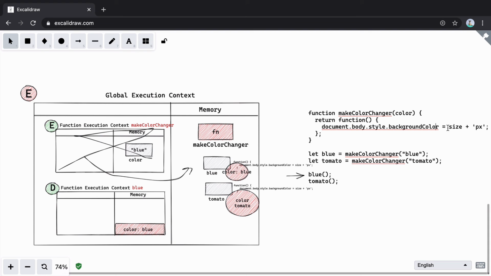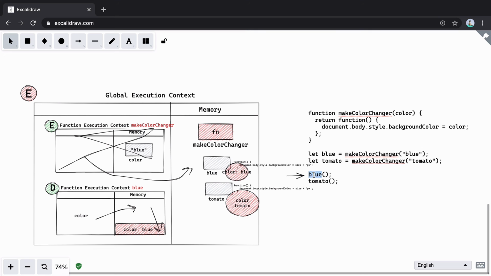As soon as you execute the function, what is going to happen is document.body.style.backgroundColor. Sorry, it should be color. So document.body.style.backgroundColor should be equal to color. So here we are looking for the variable color. So where will we find color? The first thing we will do is go into the memory. We'll not be able to find it here. Then we'll move on to the closure, because this function has a special place called closure. So the value is blue. So it will execute the code, and the background color of the page will change to blue.